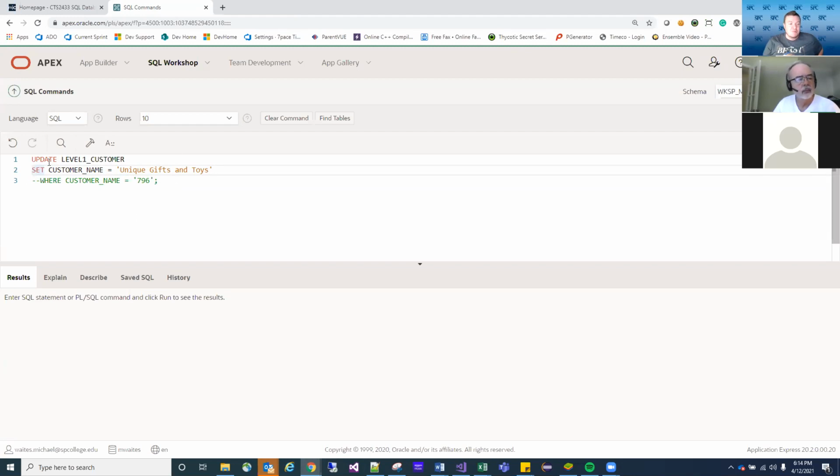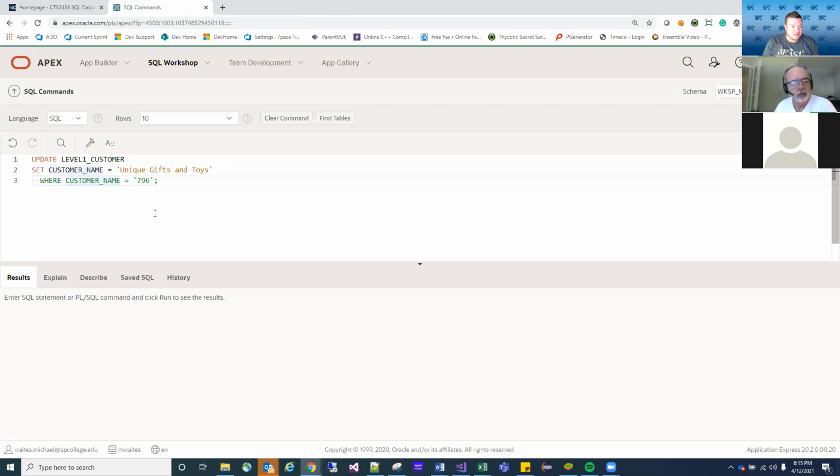as in no message is going to come up and say, hey, are you sure about this? Are you wanting to do this? And the reason why I say that is because the full query with the customer name will only update technically 1 row, right? We're expecting only 1 row of data to be updated because we're looking for 796. Now, if we didn't know any better and the customer name was allowed to be duplicated, then,